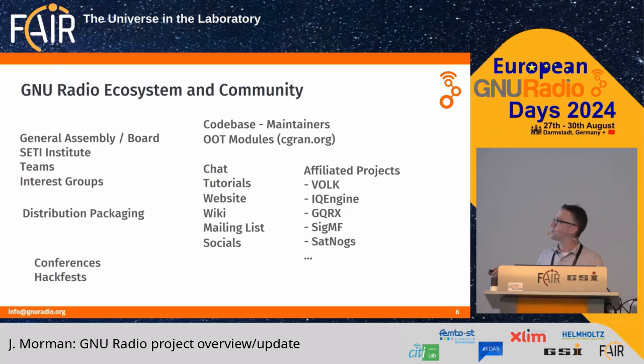In a structural sense, we organize ourselves around teams, and these teams might be, say, the GRC team. It might be the 4.0 development architecture working group team. There might be interest groups, such as the amateur radio interest group. These are kind of ad hoc, and mostly we work together on our chat server. If you've never gotten onto chat.gnuradio.org, that's really where most of the activity takes place. In terms of organization, that is really where the decisions are made.